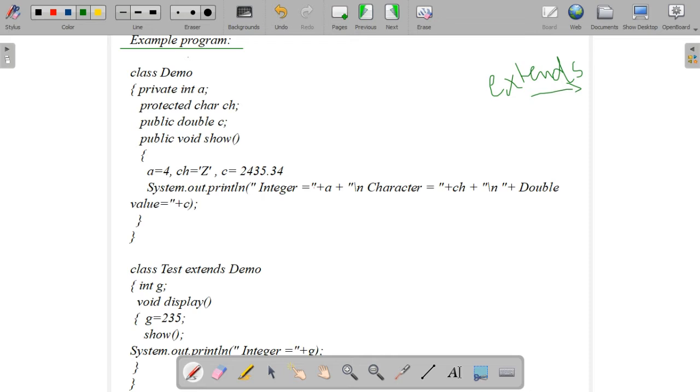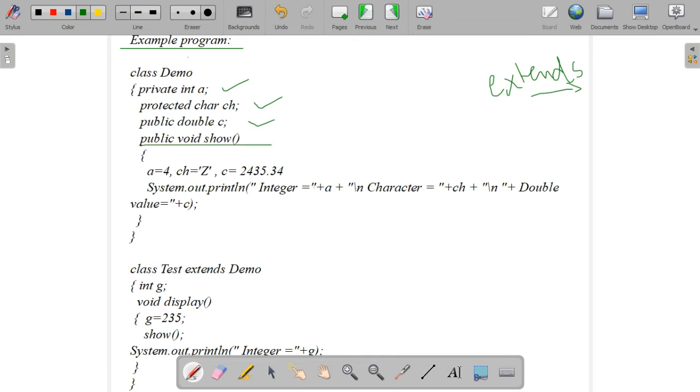So here we will look at an example program. The class name is demo. In this class demo, we have declared three instance variables. One is private, the second one is the character, protected, and the third one is double c, which is public. So three variables are declared in the class.